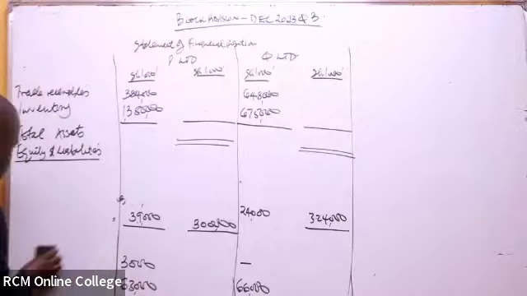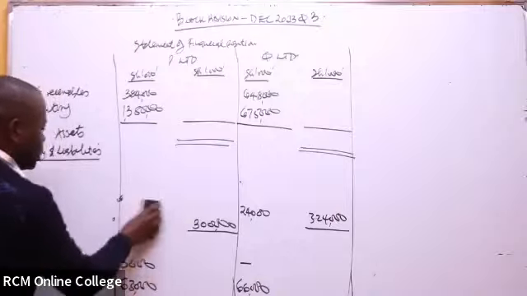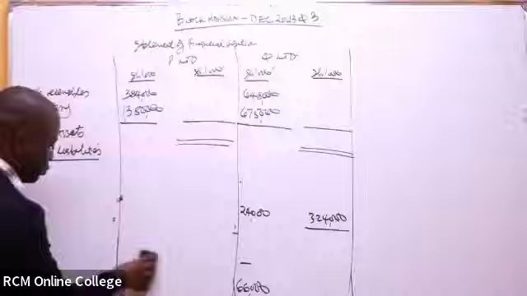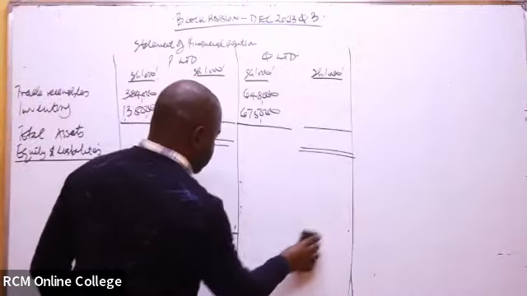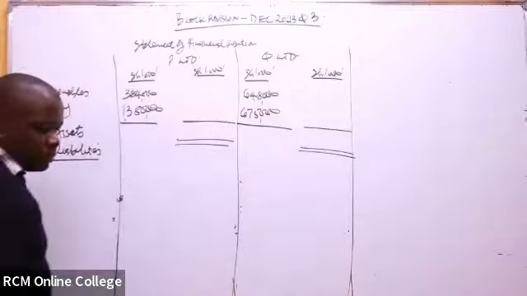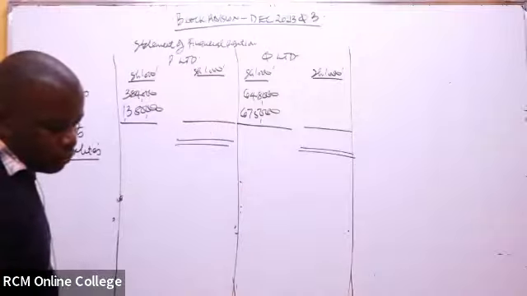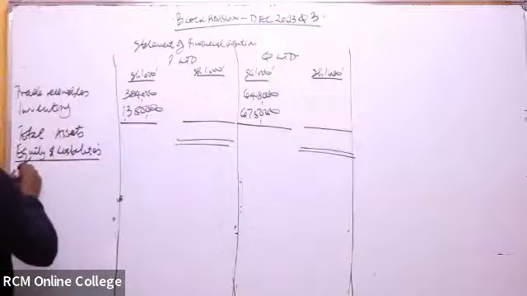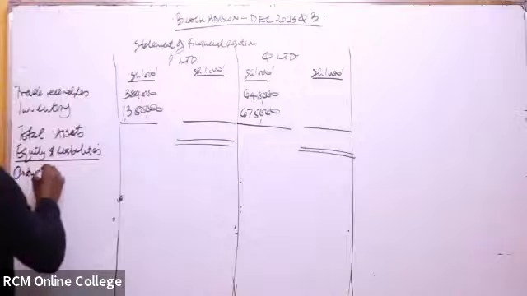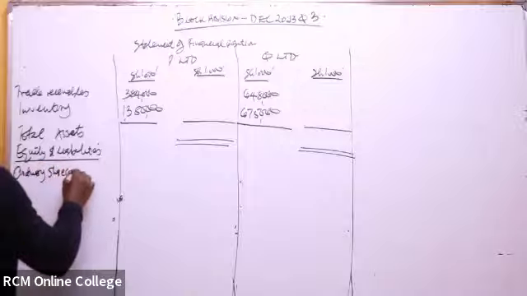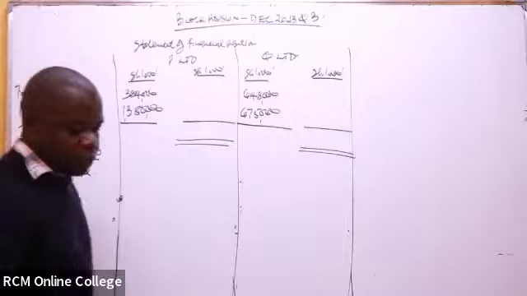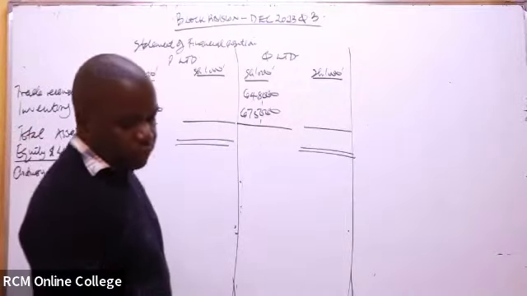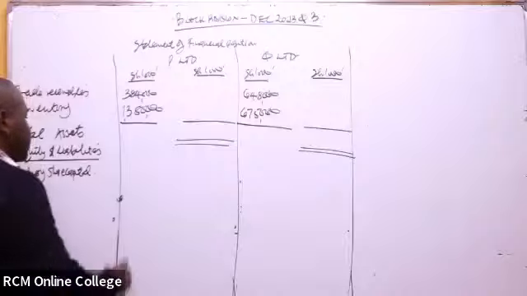So for equity and liabilities, automatically we have ordinary share capital. We have, in this case, ordinary share capital for P Limited, and of course for Q Limited. So in this case for P Limited, it is